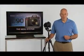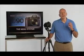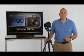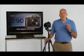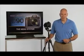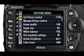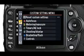Like all digital SLRs, there are dozens of settings on the Nikon D90 that can only be changed by accessing the menus. Fortunately, the camera has a simple menu system that is very easy to understand. The menus have been divided into 6 main sections, each represented by an icon on the left side of the screen. There's Playback, Shooting, Custom Setting, Setup,